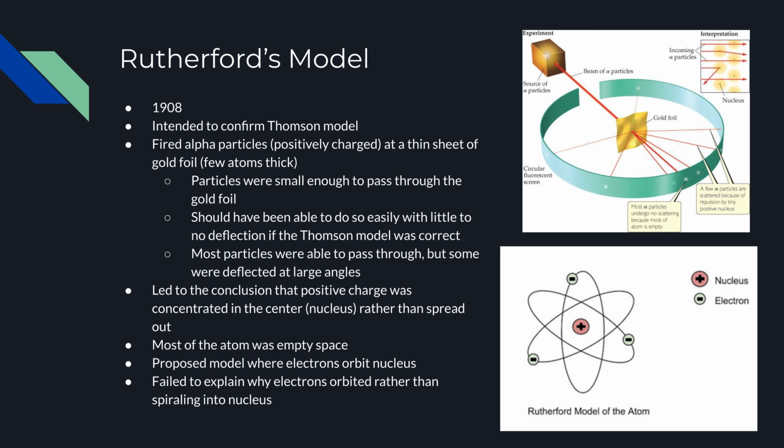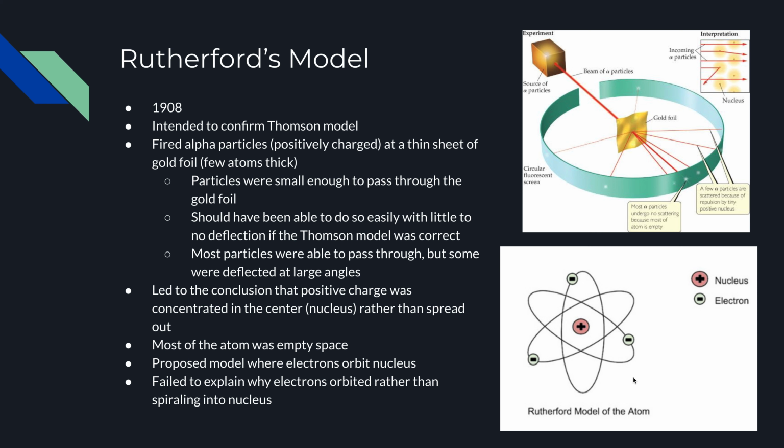However, most particles were able to pass through, which would confirm Thomson's model, but in fact, some of them were deflected at large angles, which does provide some controversial evidence against Thomson's model, if you could say that. This led to the conclusion that the positive charge was concentrated in the center of the atom rather than spread out. So, most of the atom was empty space, and as you can see, that is what the model he